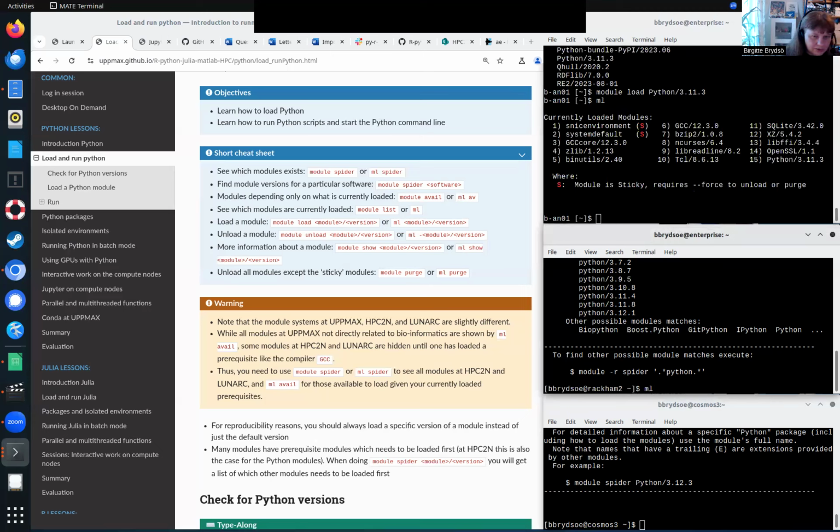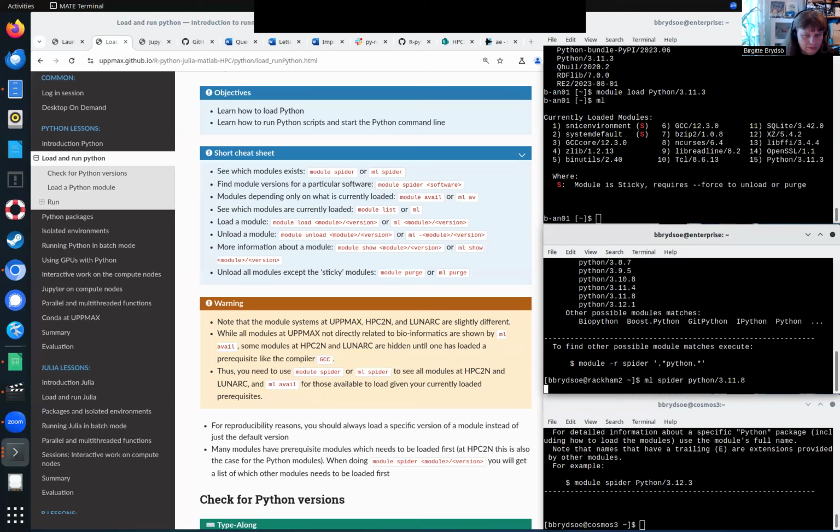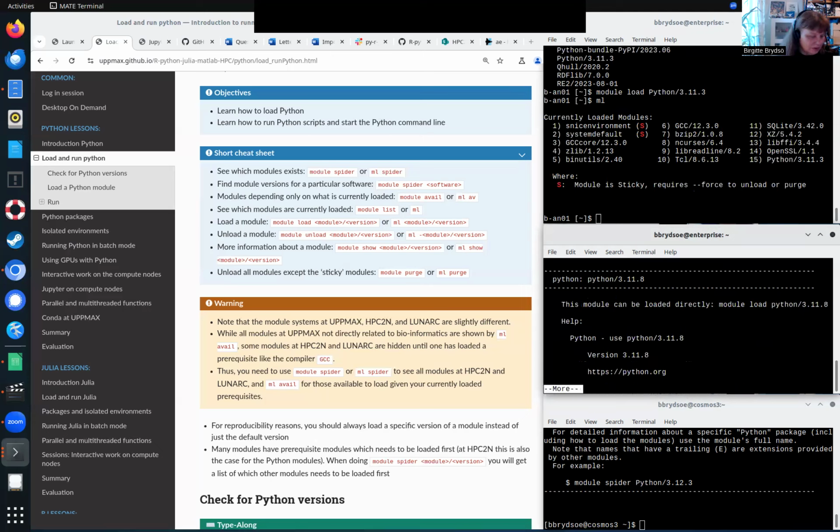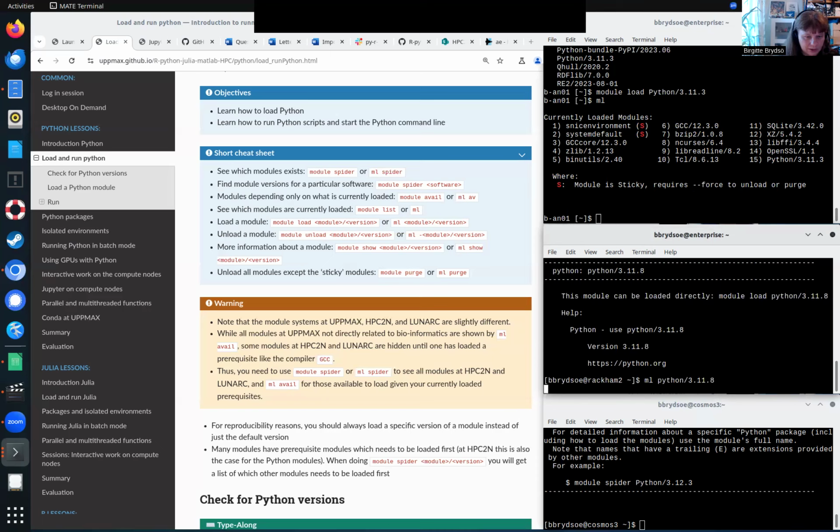Let us see the same thing at UPPMAX. I would like to load Python 3.11.8. And it tells me I can load it directly. So I will load it, this time with ML, or short for module load, Python 3.11.8. And it takes a little while. Meanwhile, I will check on module spider Python